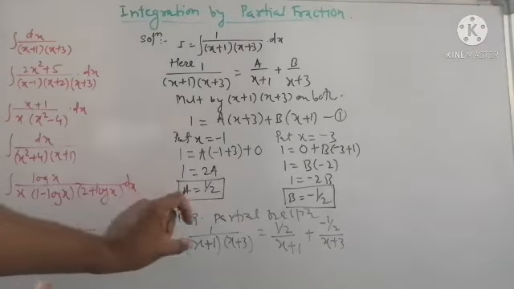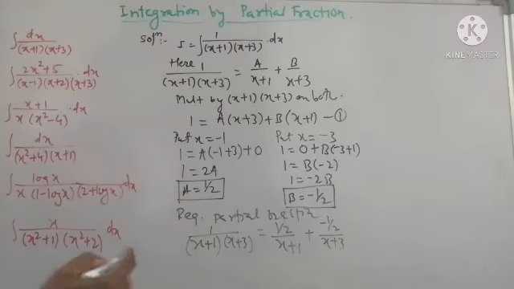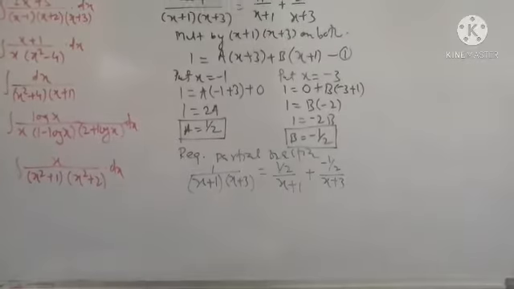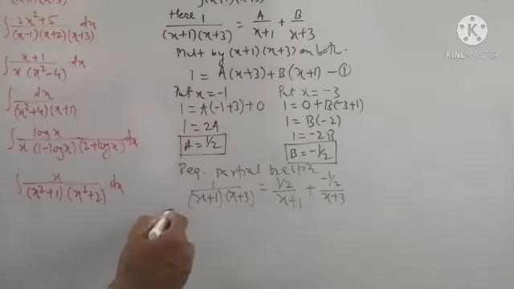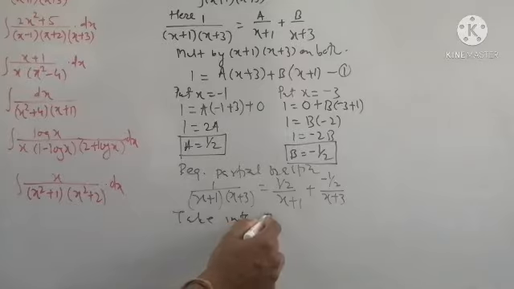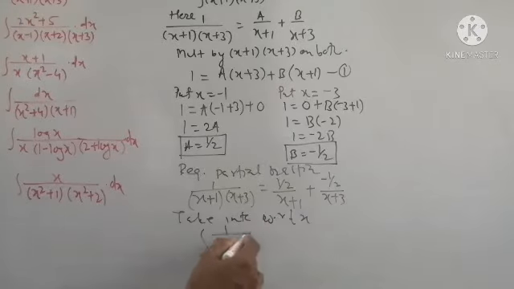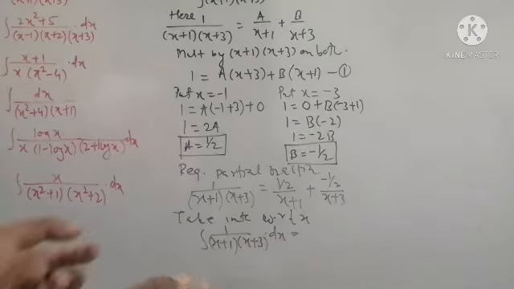Now we have to take integration of this with respect to x, as these are the terms of x. So we take integration with respect to x on both sides. So integration on the left hand side, 1 upon (x plus 1) into (x plus 3), with respect to x, that is multiplied by dx. Now check the right hand side, as there is a sum.